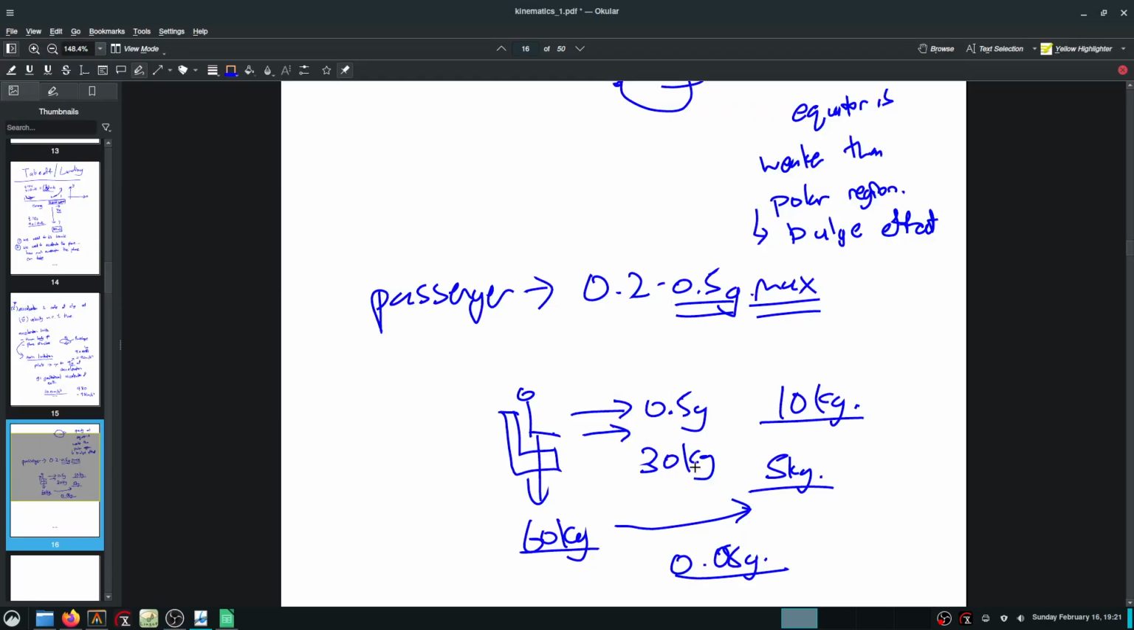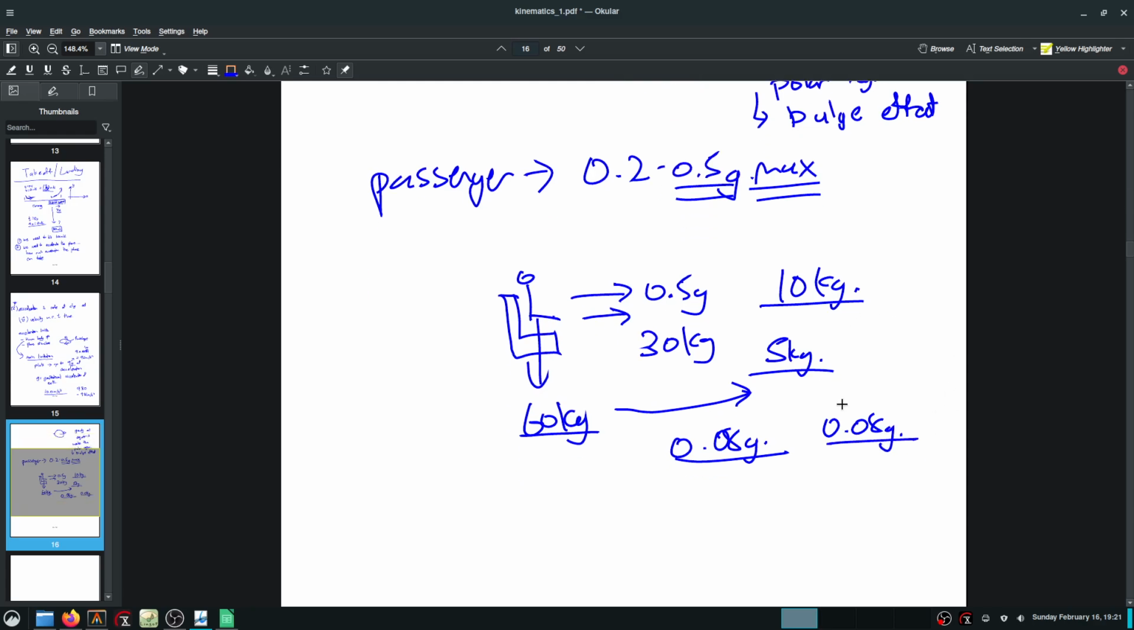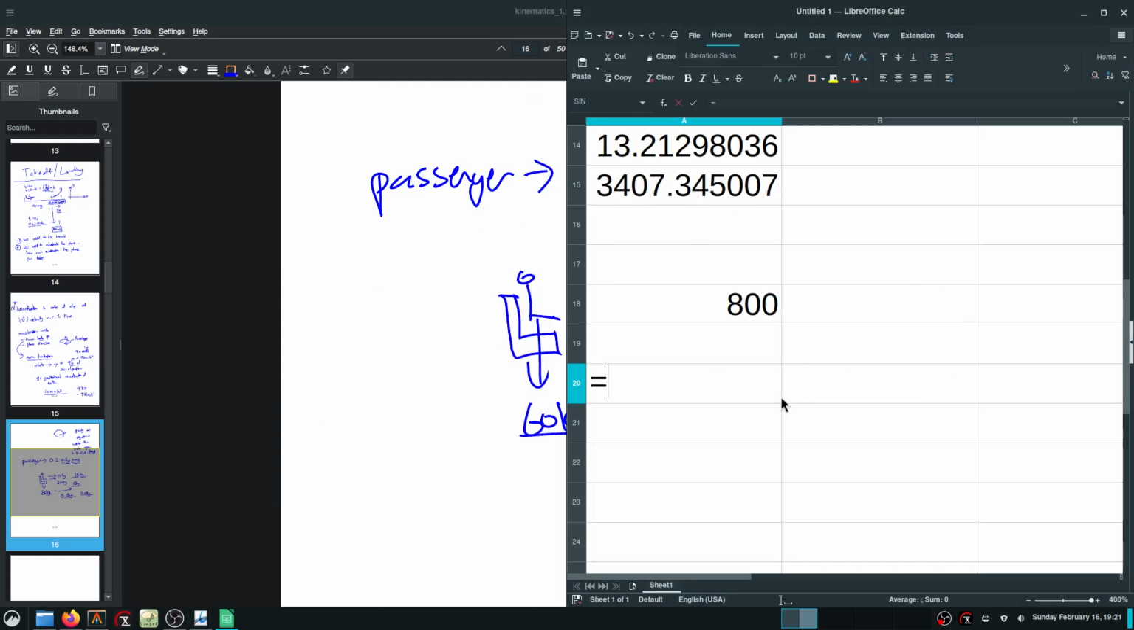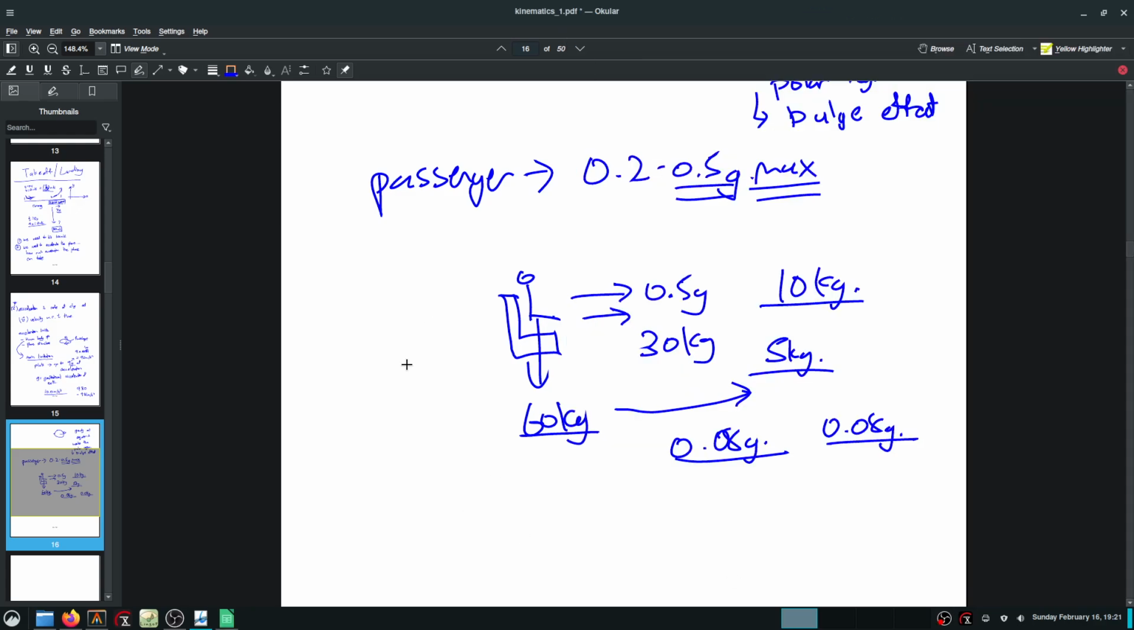So yeah, you want 0.08 G. And maybe that's the max, the max you want to get. Okay? So what is 0.08 times 9.81? 0.7848. Okay, so for passenger comfort,